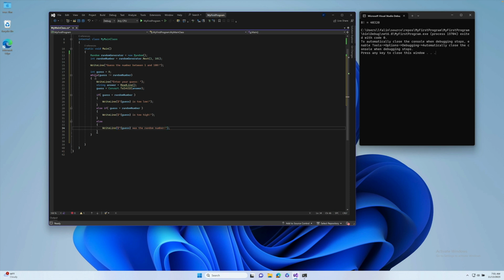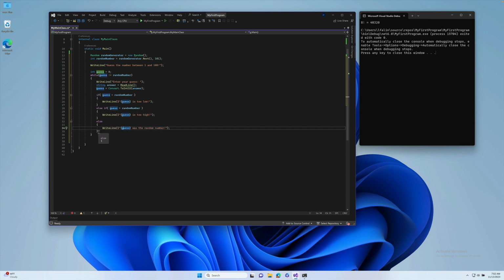Now, let's review what's going to happen here. We are going to set guess equal to 0. We're going to say if guess is not equal to whatever our random number is, we're going to execute the loop. And inside our loop, we're going to ask them to enter a guess, which will convert to an integer. We'll store that in our guess variable. If guess is less than the random number, we will print that their guess was too low. If it was higher than the random number, we'll say that it's too high. Otherwise, if it's not less than or greater than, it must be exactly equal to,